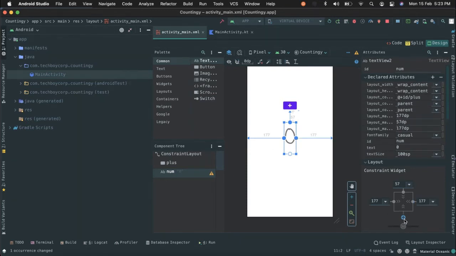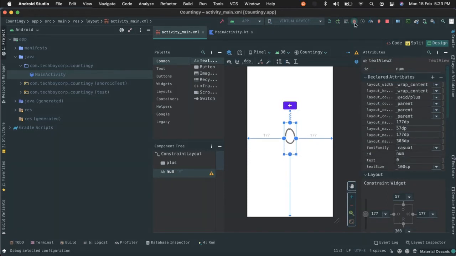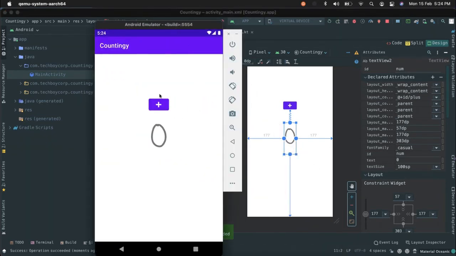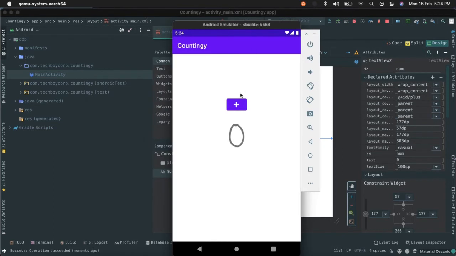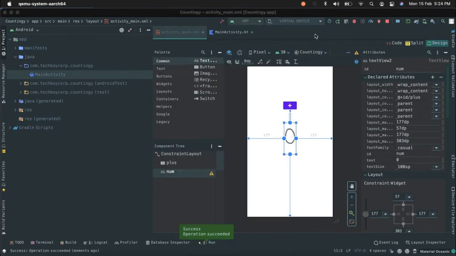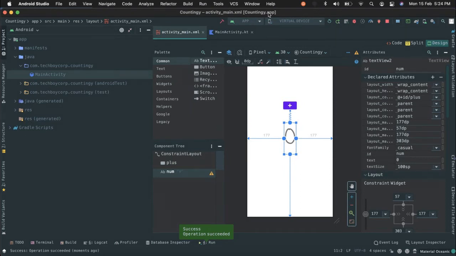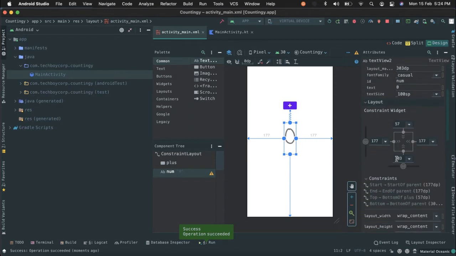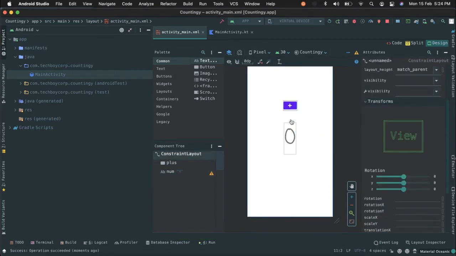So now let's run our code to see if everything is working or not. It's our second time, so I don't think it should take any time. And as you can see, everything is working. Okay, as you all know, you have to download the Java SDK, and if it is not there, then obviously it wouldn't run. Java SDK is needed for this development. Okay, amazing. So everything is working now.